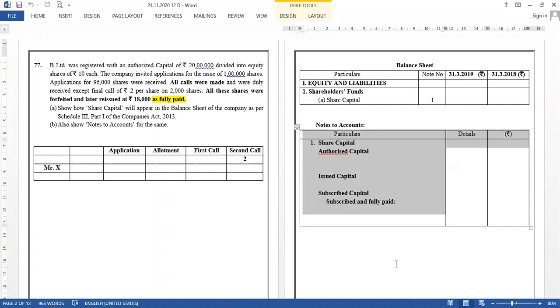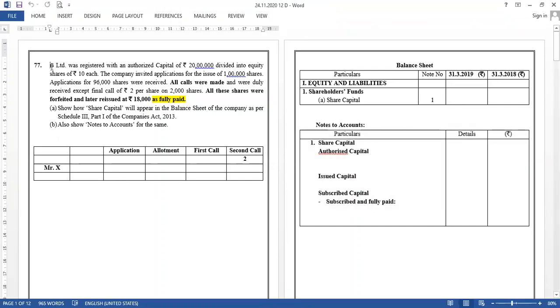Okay, good. Now, जो step by step था, if calls in arrears is there, तो calls in arrears आएगा. But if the shares are forfeited, forfeit हो जाता है, तो calls in arrears account is closed. So no need to have calls in arrears then, right? And if the shares forfeited are reissued, so no calls in arrears, no forfeiture, only reissued, that will be added to the number of shares, right? Okay. ये अगर याद है, तो we are definitely going to enjoy the sums.